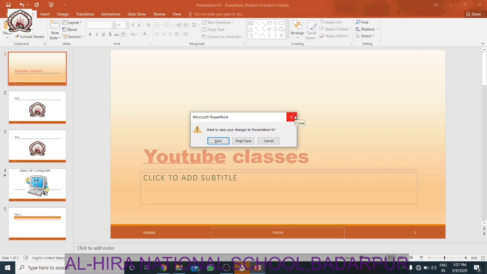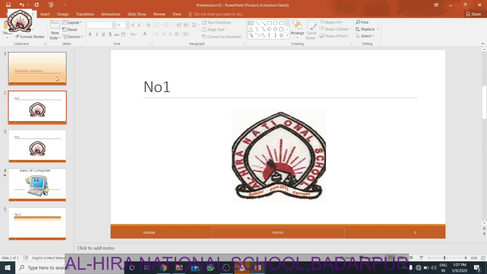Now how to move through a slide, how to show a slideshow. Now this is very important. How can you have a slideshow? See, there are so many ways. Now what is a slideshow? A slideshow means showing the presentation, going from the present slide to a new slide automatically. How can you do it?